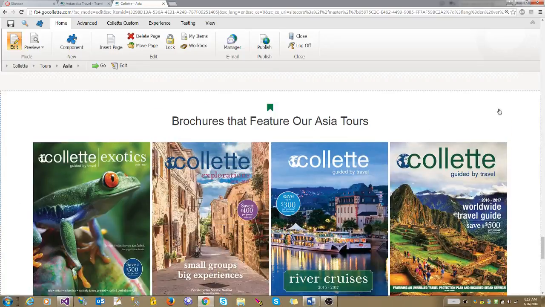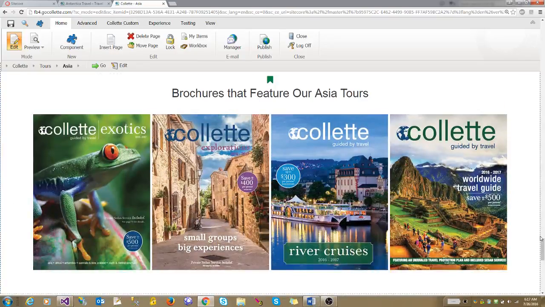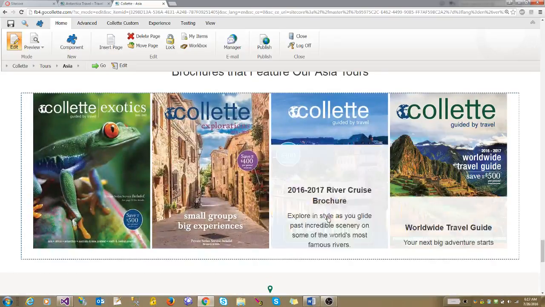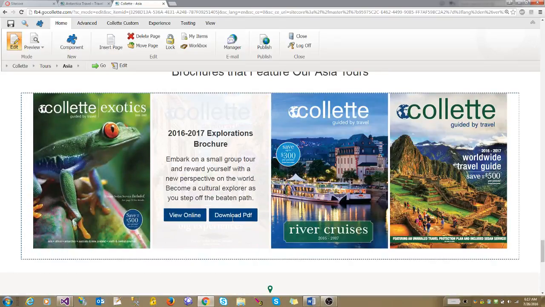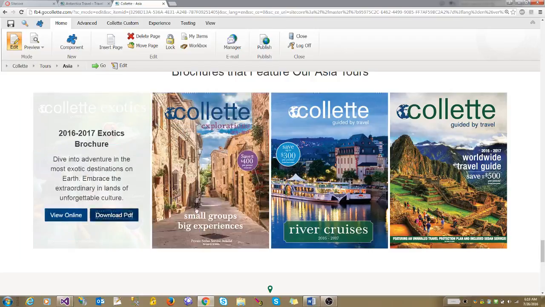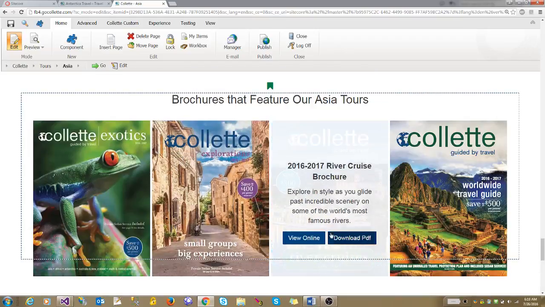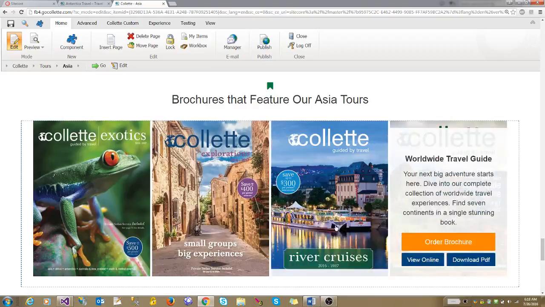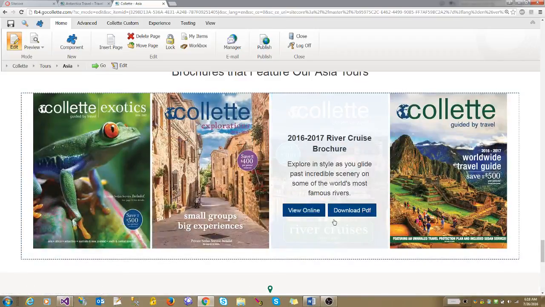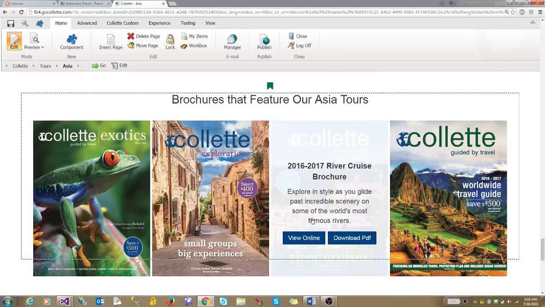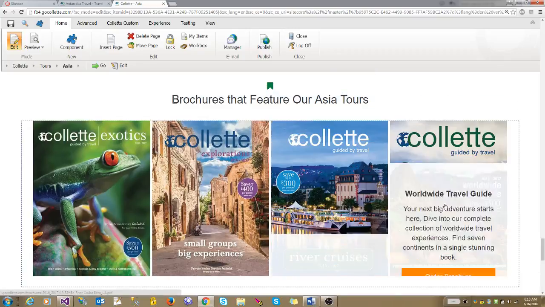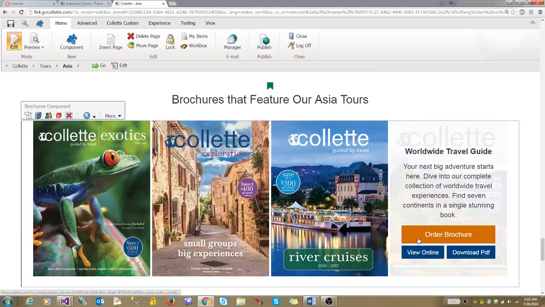So I guess the brochures component is quite sweet and short. Just have to tag it with a location and it's going to grab all the brochures that are there. Also, you can notice a difference here. There's no order brochure option here. Those options are specific to brochures. So if you opt out and select that the brochure shouldn't be ordered, those features won't be seen here. Also, if you click on order brochure,